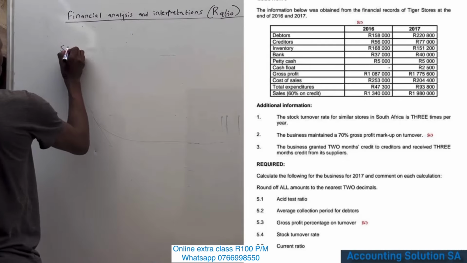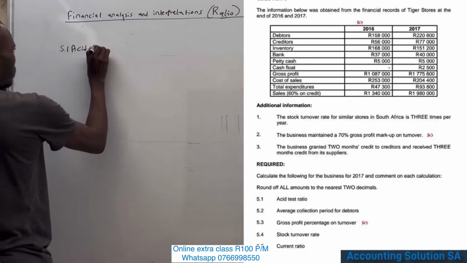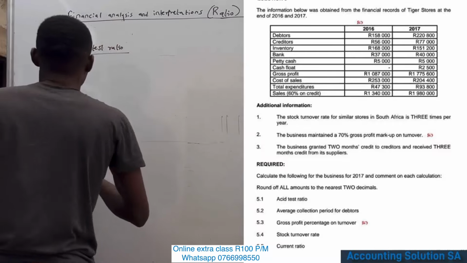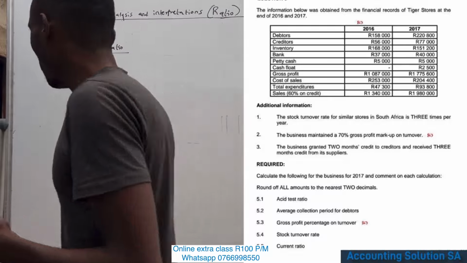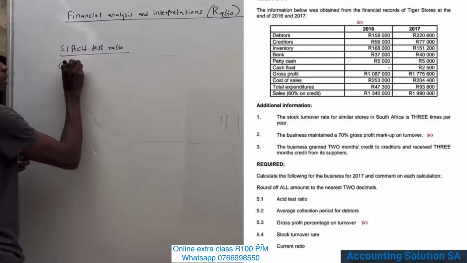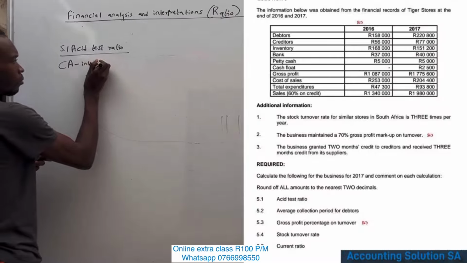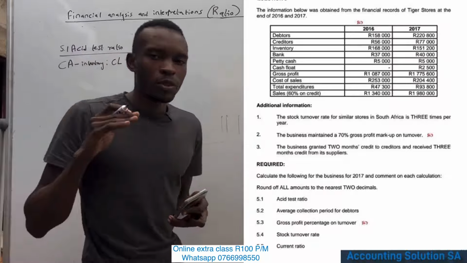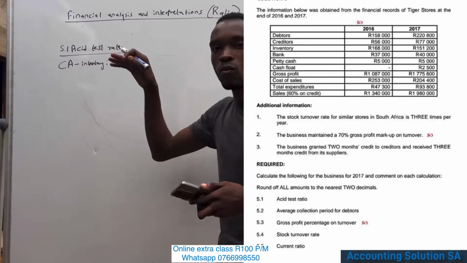Our 5.1, they said that we have to calculate acid test ratio. Okay, when we calculate acid test ratio, obviously the first step is to lay down the formula. The formula says current assets minus inventory is to current liability. Okay, so in other words, guys, when we are doing acid test ratio, we want to